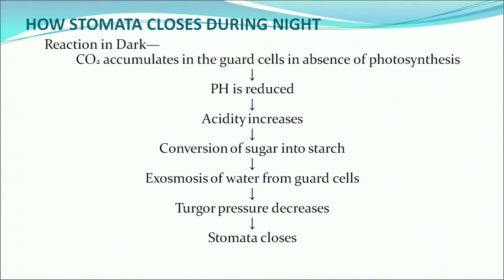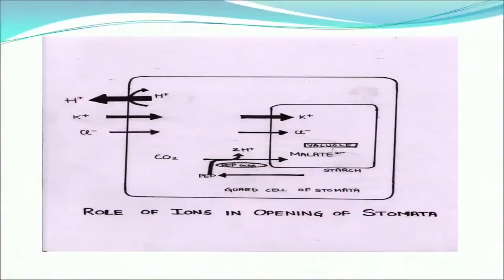In return, pH gets reduced and acidity increases. Thus, sugar converts into starch. In return, exosmosis of water takes place from the guard cells, and thus turgor pressure decreases, leading to the closing of stomata. Here is an illustration which says the role of ions in opening of stomata,